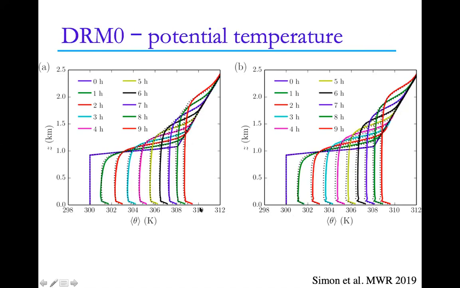And then here are the results with the dynamic reconstruction model with zero-level reconstruction. And we have nice mixed profiles from the beginning. At higher reconstruction, which is the panel on the right, there's a little bit of an oscillation near the surface that I think has to do with the surface layer representation in this particular application.